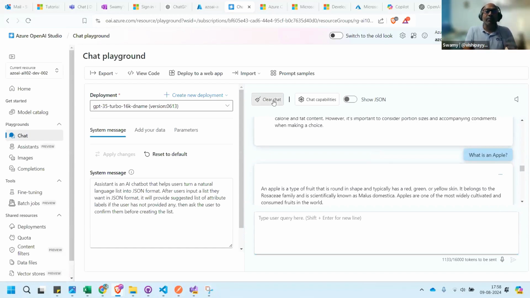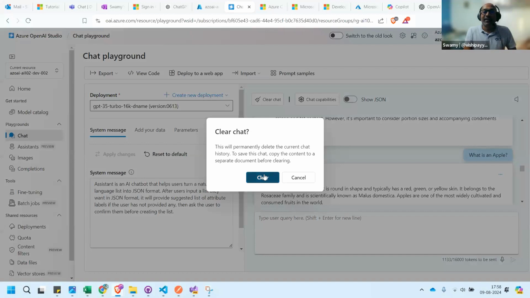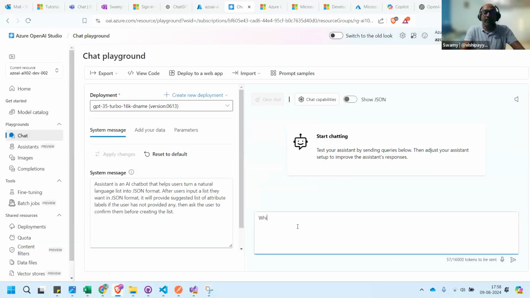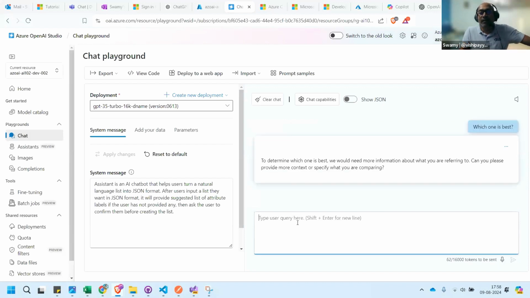If I reset this, everything is gone. Best. See this. It says that if I'm asking which one is best, there is no context, no previous chat discussion which happened.